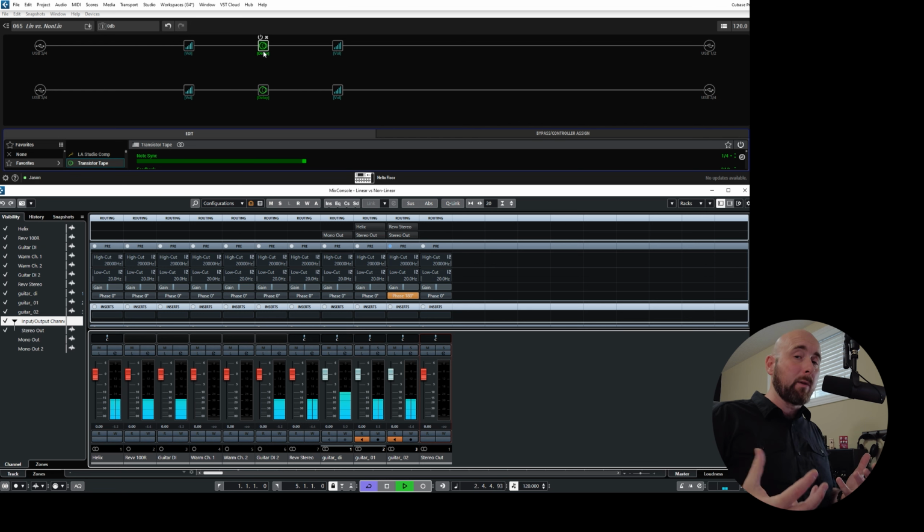We could have a great Helix preset that we start playing around with and then wonder why it's not working the same way. And maybe we're missing something like this, that we're sending more or less signal into a nonlinear